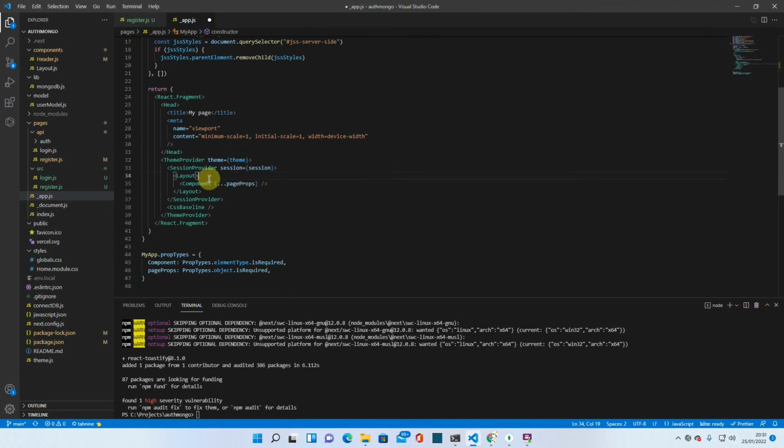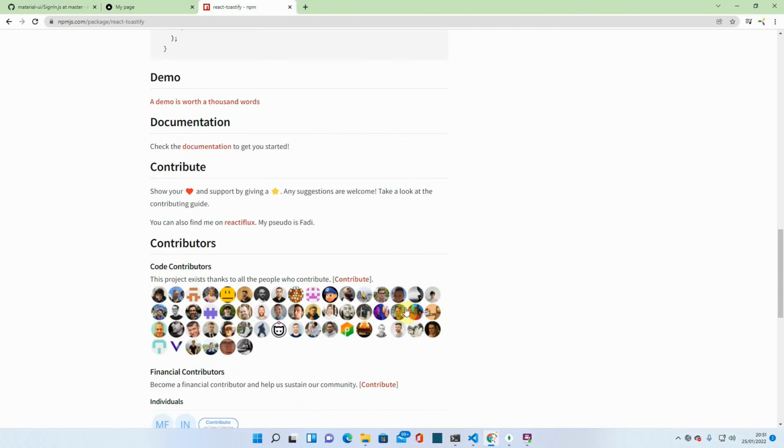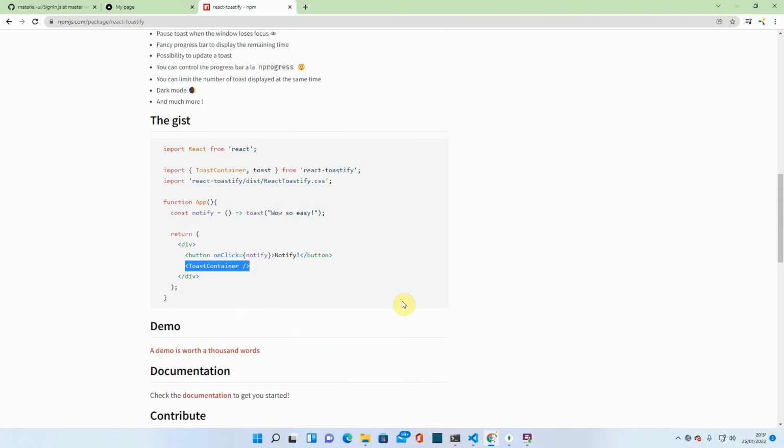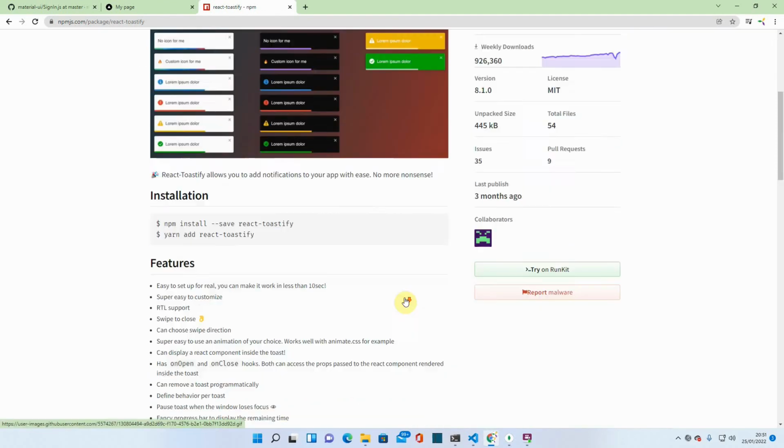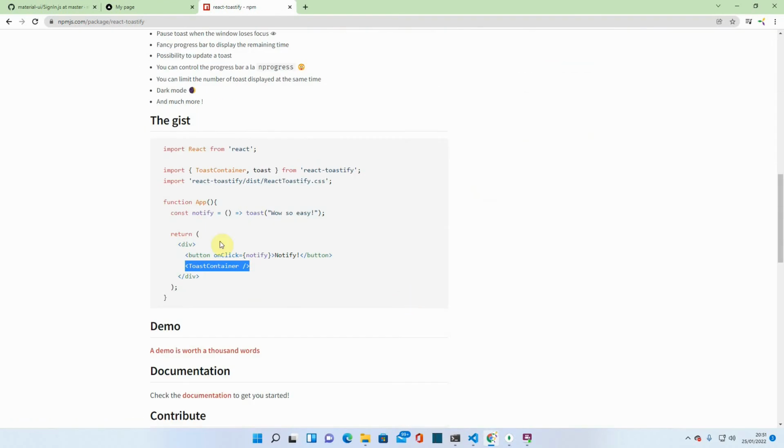I think we need to put this here. Hopefully that's in the right place. And then to use Toast, I think this is it. This is how you use it. I don't know what this notify bit is. I think it's just